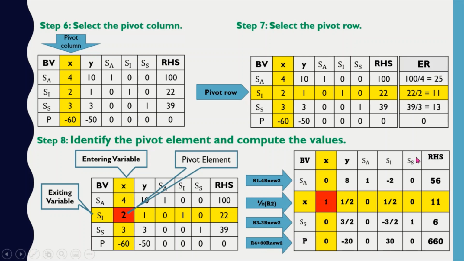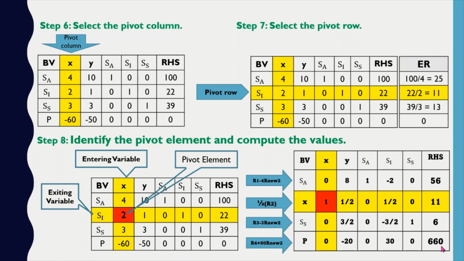Next, slack variable storage space column. The original value is 0, plus 60 times the new R2, which is also 0. So that is why it is simply 0. Last column, or available. We have 0, the original value of our profit. We don't have a value, so that is 0. Plus 60 multiplied by our new R2, which is 11. So 60 times 11